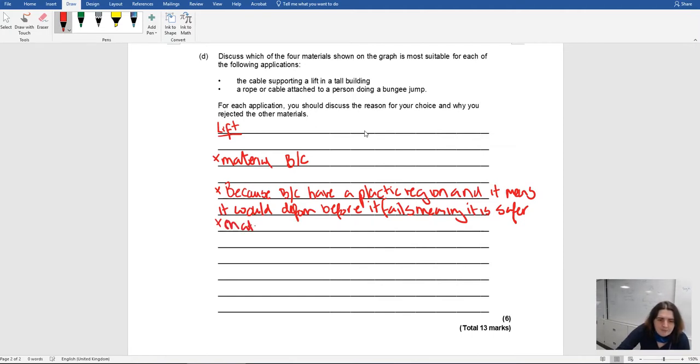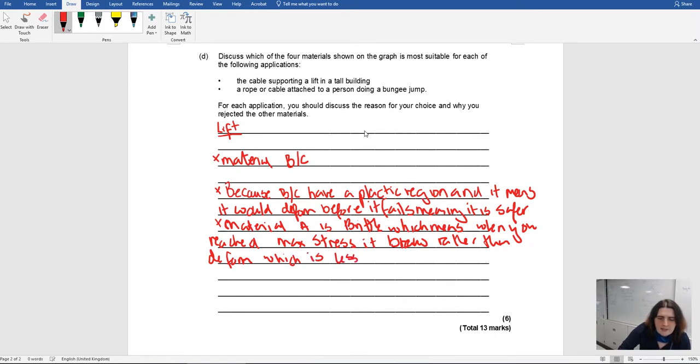Material A is brittle, which means when you reached maximum stress, it breaks rather than deform, which is less safe. So I mentioned the fact that because when the B and C are going to deform before they break,